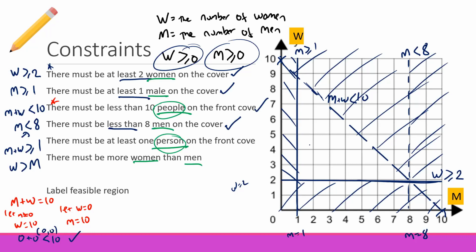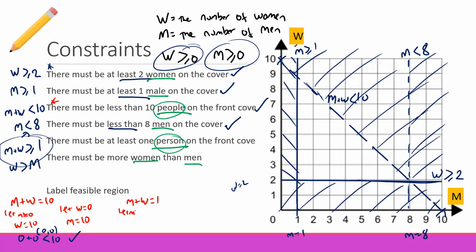Now, M plus W must be greater than or equal to 1 is very similar to this plot, actually. So I'm going to do that as well. That's going to look like this. M plus W equals 1. Same